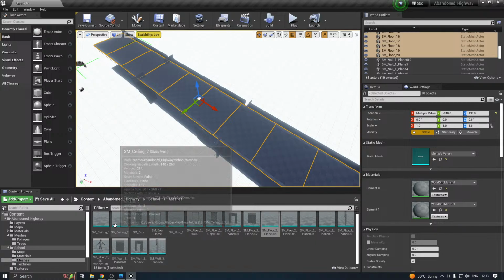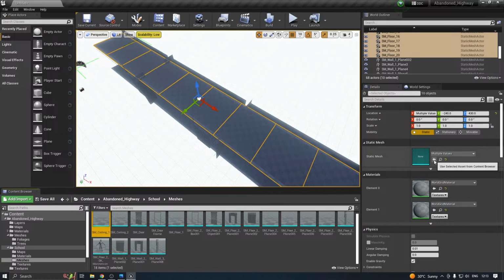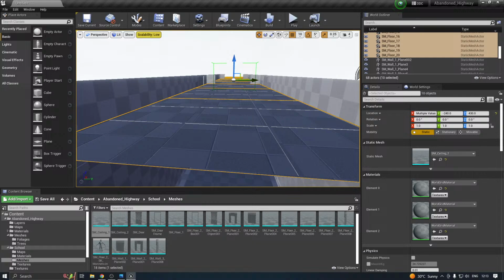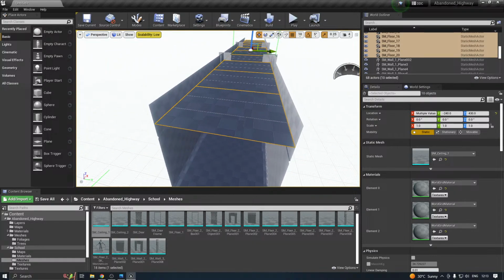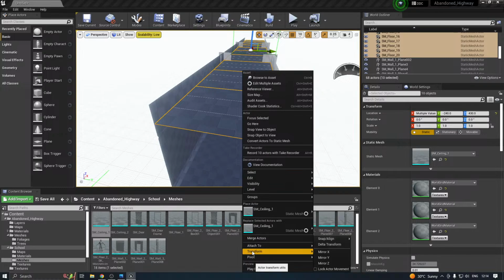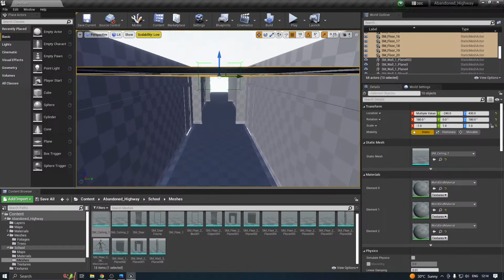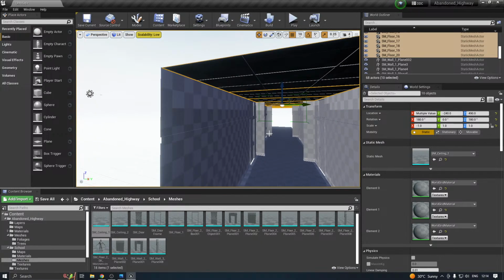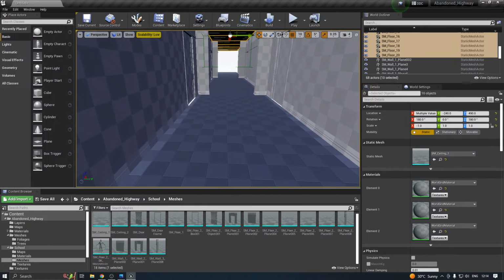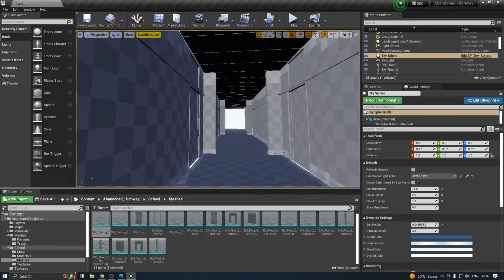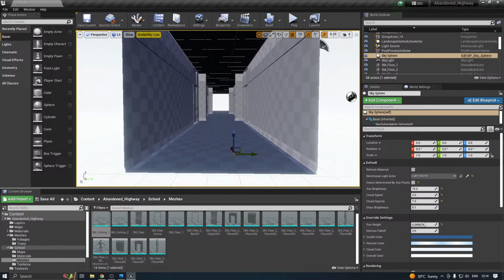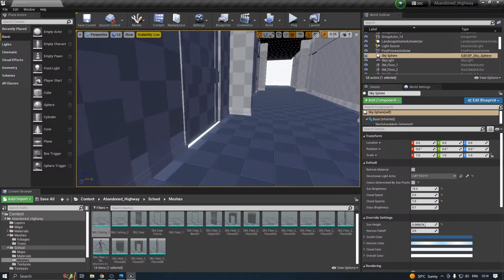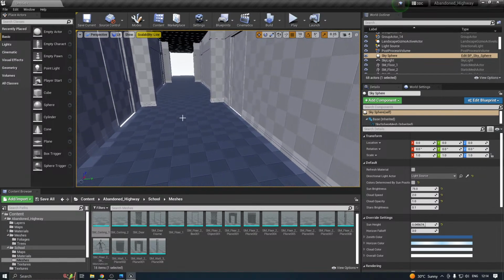And we can change to ceiling meshes. Okay, then right click and go to transform mirror Z. So you can see actually the light leaking through these edges. Maybe you should